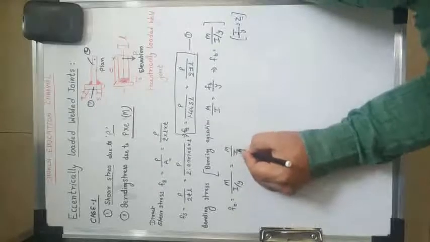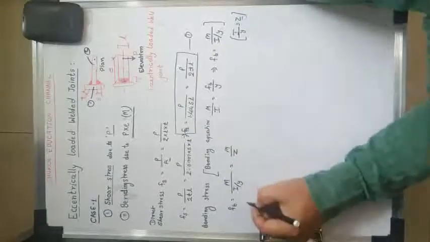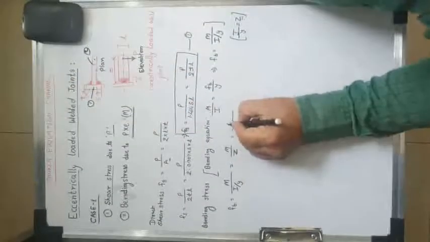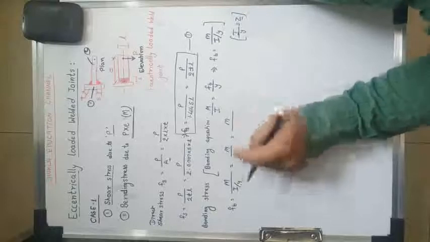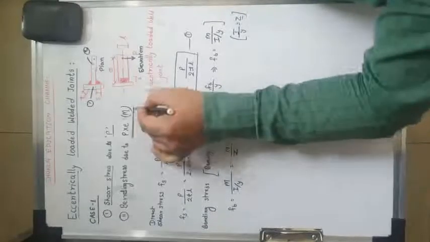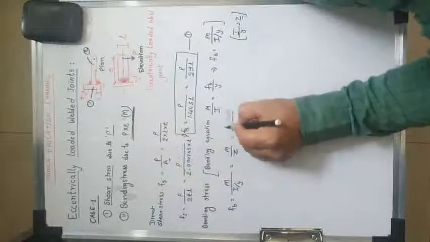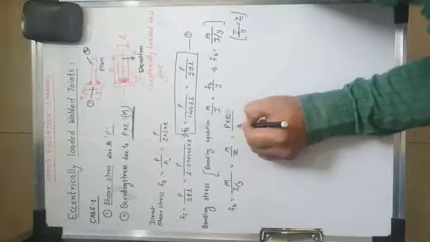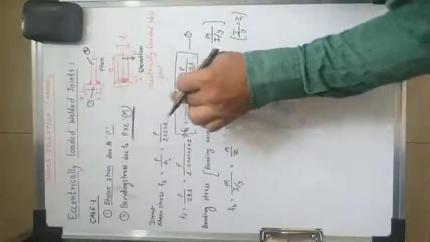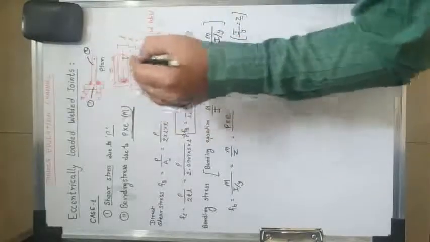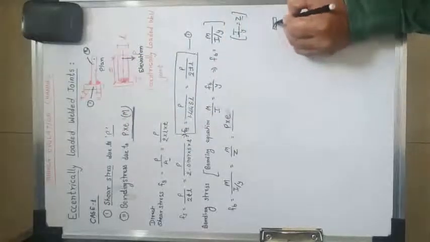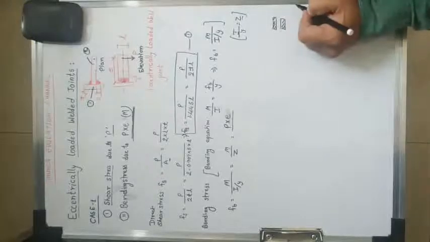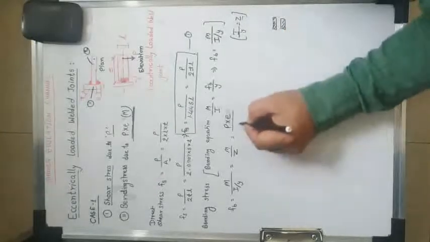If you put in the Z value, because it is a rectangular bar, Fb is equal to M upon Z. You place the value of M; here we have seen that M is P into E. And what is Z? For this particular rectangular weld, because it is welded from both sides, this is the main condition where there are two parallel welds. So what is the condition then?